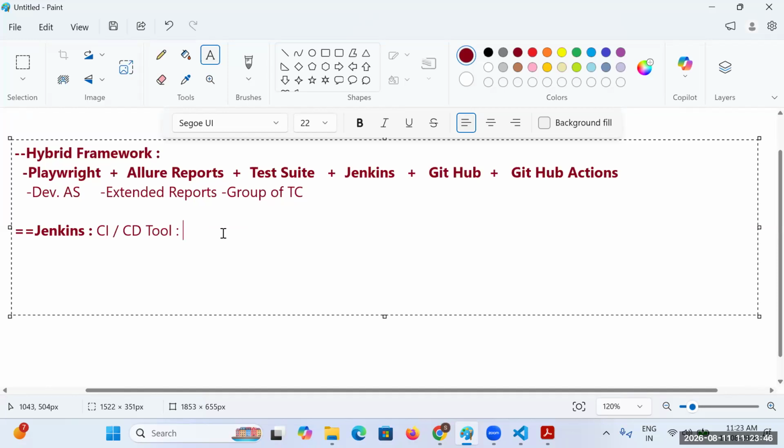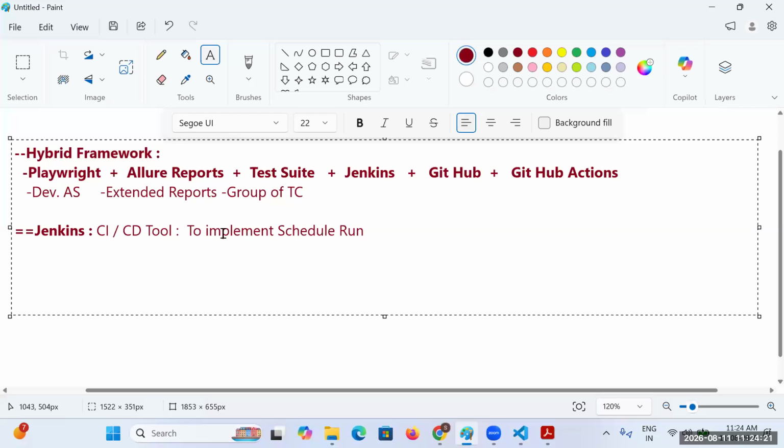Mainly the DevOps team will be using Jenkins. But as of now, while working with Playwright or with automation testing, we are using Jenkins to implement scheduled runs.